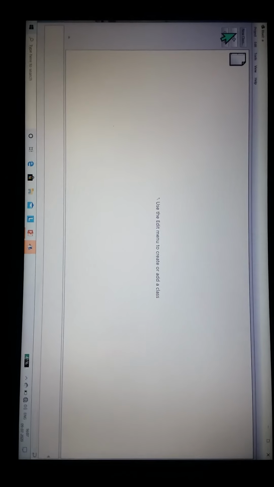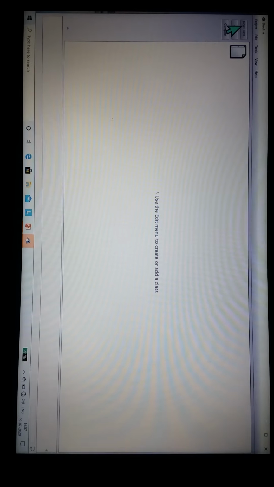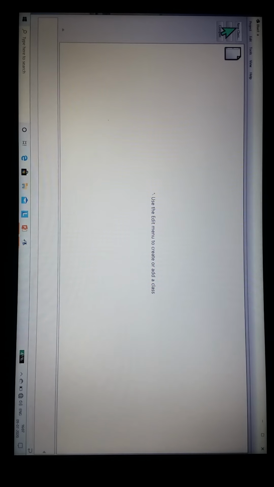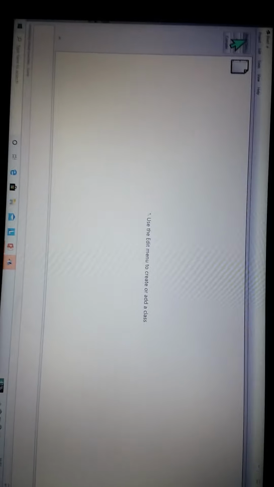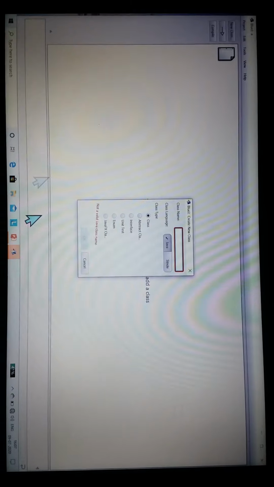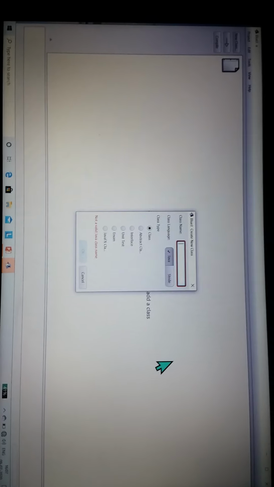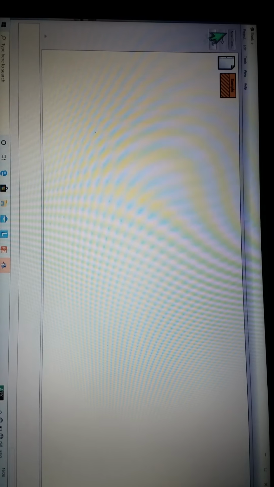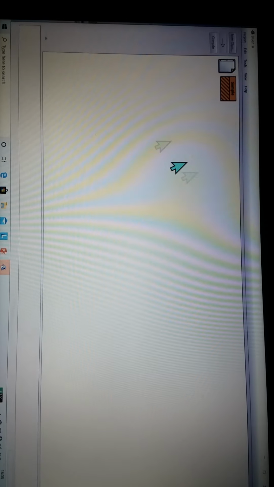In the top left corner you can see it is written New Class, so you have to click on it, and it will ask a class name. As you know that Java is case sensitive, you cannot start with a digit, you have to start with an alphabet. For example, I am taking a class name that is sample. I have taken sample, then I will click OK. Now a folder is created named sample.